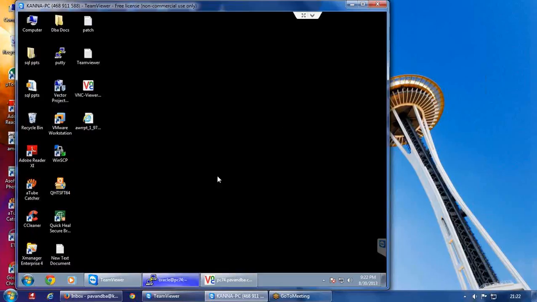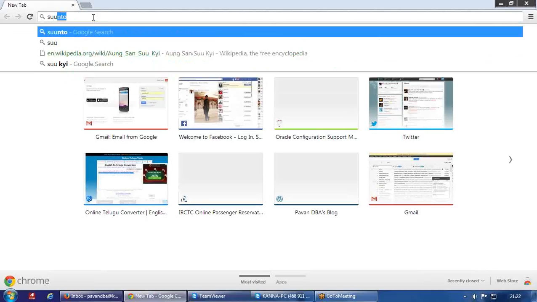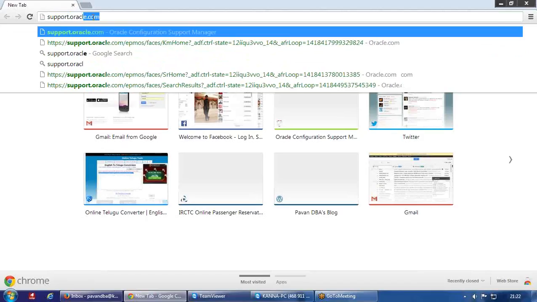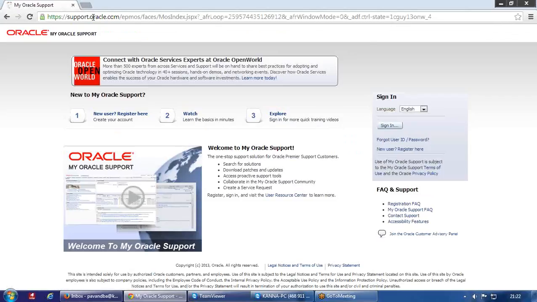For that, first of all, we need to download the 11.203 software. As you know already, only licensed users can download that, with the help of a website called support.oracle.com. This is the official Oracle site where only licensed users can log in and download the patches, etc. So even if you want to download 10.204 or 11.203, this is the only place that you can get it. So once you log in there,